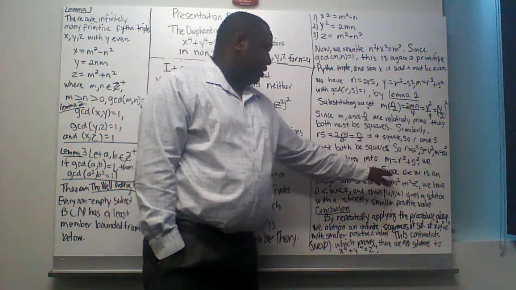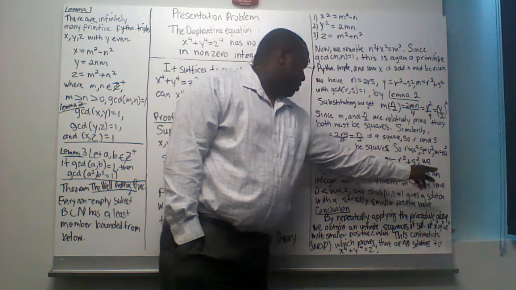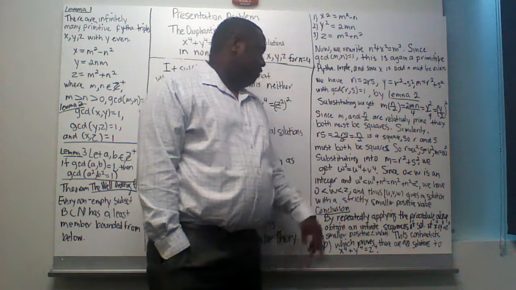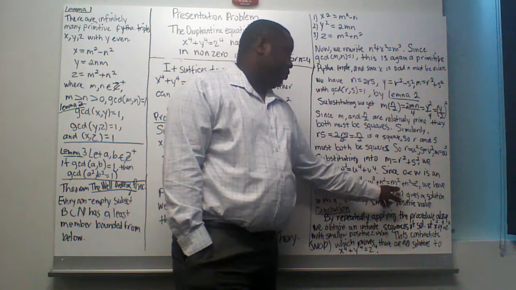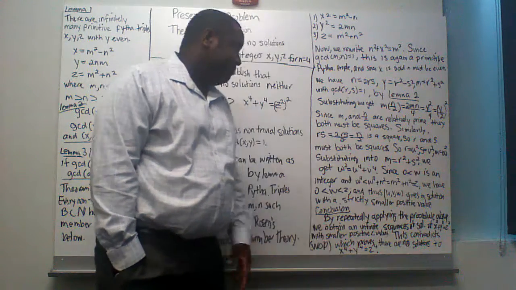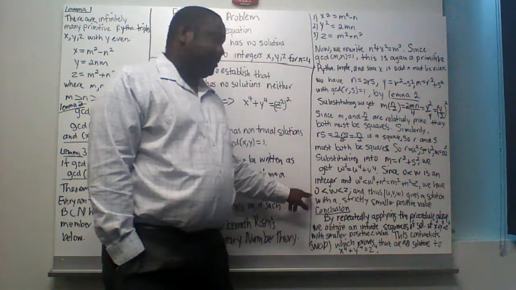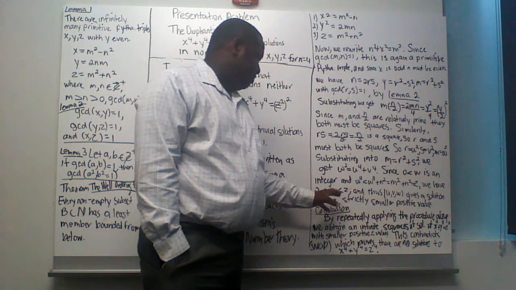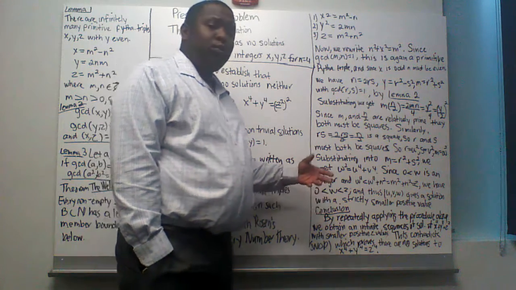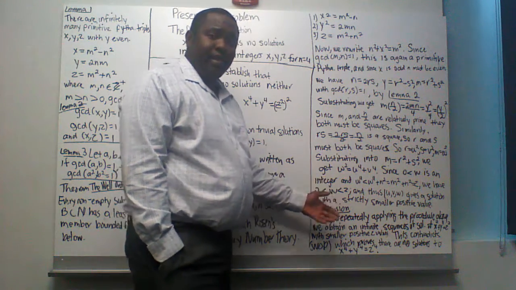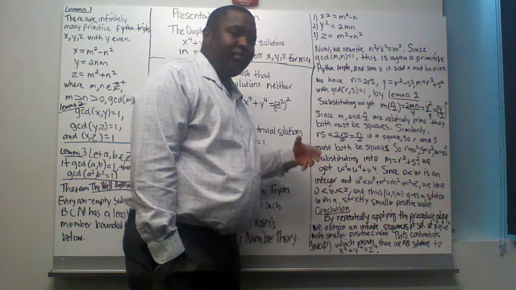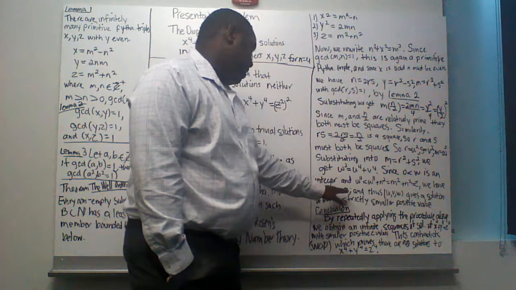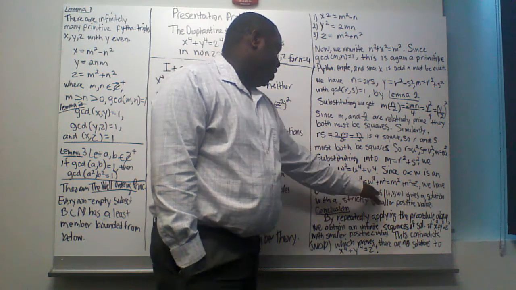Well, here's the kicker. Since 0 is less than w, an integer, and w to the fourth is less than w to the fourth plus n squared, which is equal to m squared plus n squared, which is equal to z, we have that 0 is less than w is less than z. Now, what is this? This is basically relating to the term of infinite descent. It means you'll never exactly get to a final equation. You can always get a smaller z, and that's what we have stated here. So we have, and thus